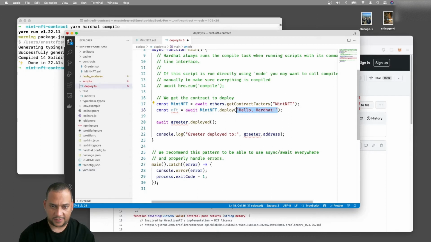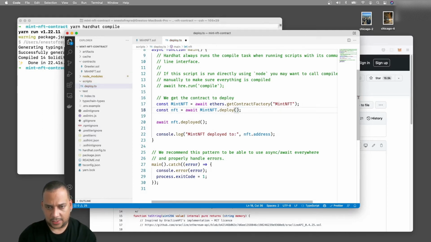Now in this function, as you can see, the deploy, remember our mint NFT, we'll have to provide some data here, and we'll wait until it's deployed, and then we say mint NFT is deployed to this address. So we'll get the address where the contract was deployed.